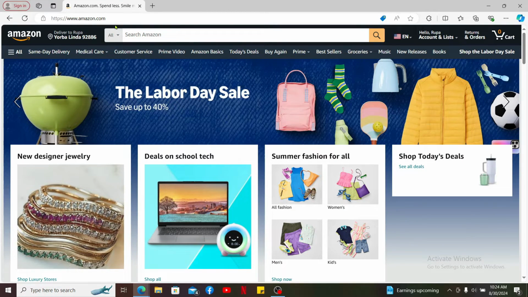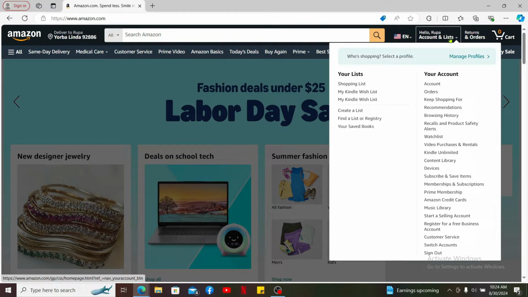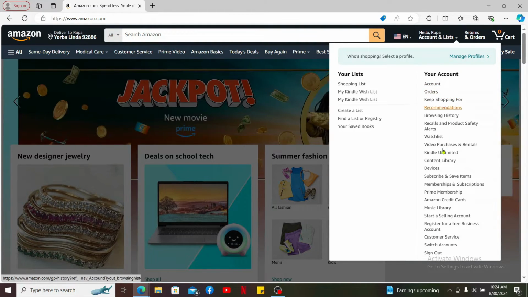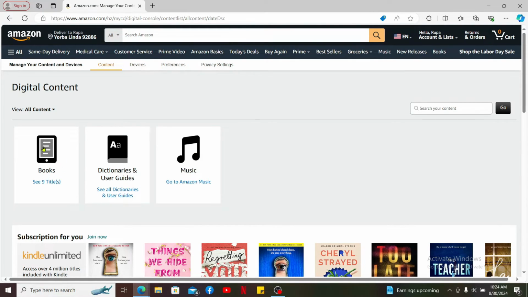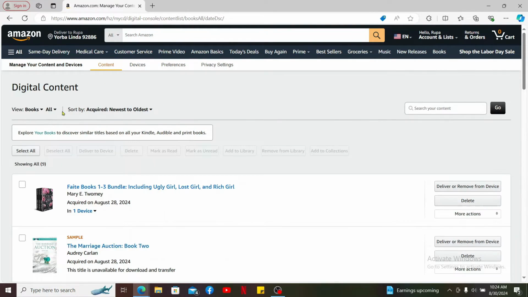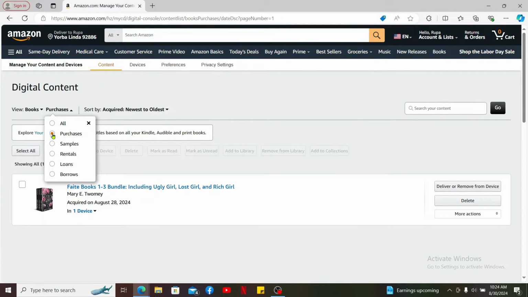Once you're signed in, from the main homepage of Amazon, mouse over to Accounts and Lists at the top right corner, and then click on Content Library option. Choose Books option from the Content Library and then click on the All drop-down at the top. Click on Purchases and you will then be able to find the list of your Kindle books that you've purchased